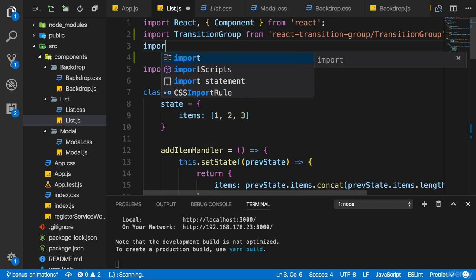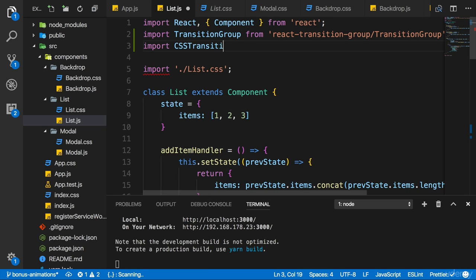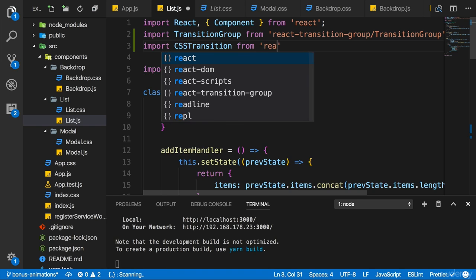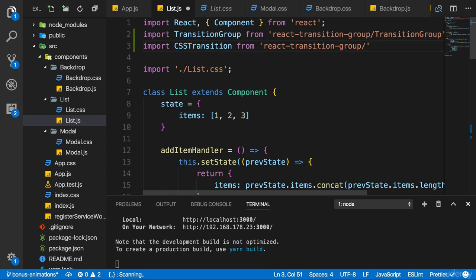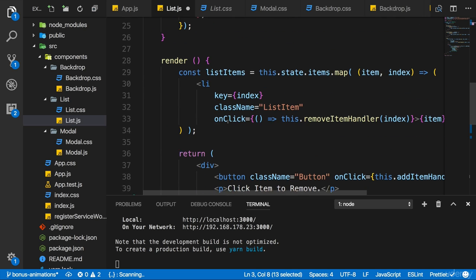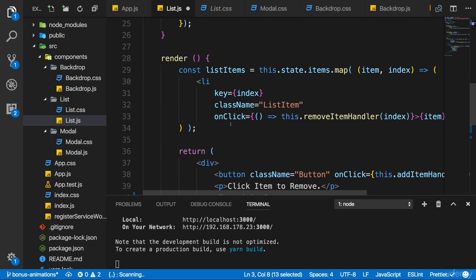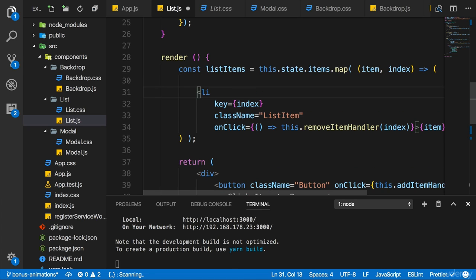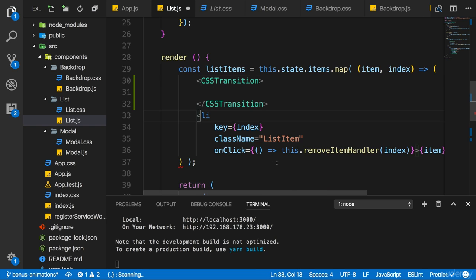So here we now can import, let's say, CSSTransition to take advantage of these automatically generated CSS classes from react-transition-group CSSTransition, like this. And now we can use that to wrap our list items. So here in my list items array, I can use CSSTransition just like that. Wrap my list item with it,